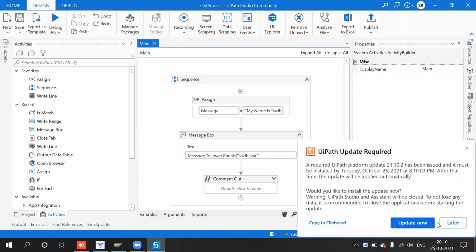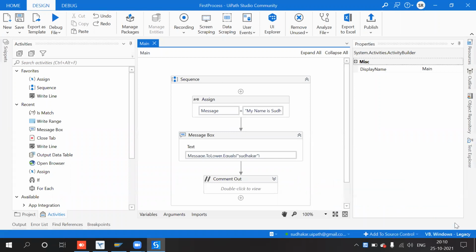Update required, data not required. So the different input and output activities. Input activities are where we can give the input to the activity.